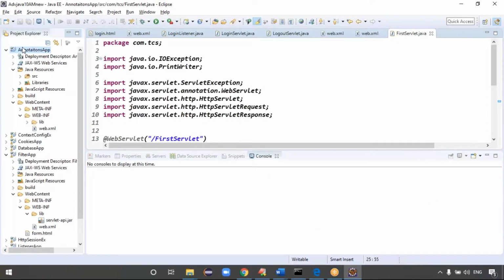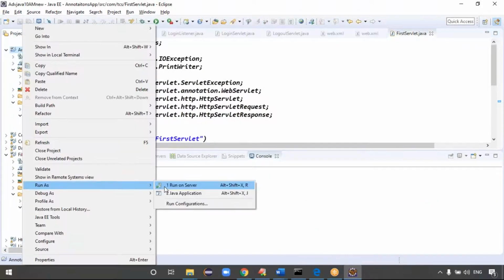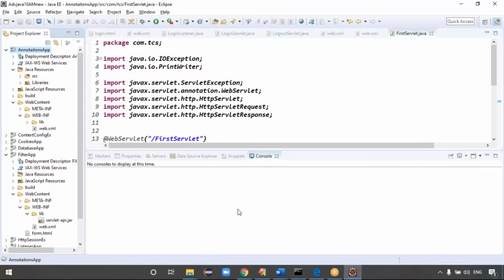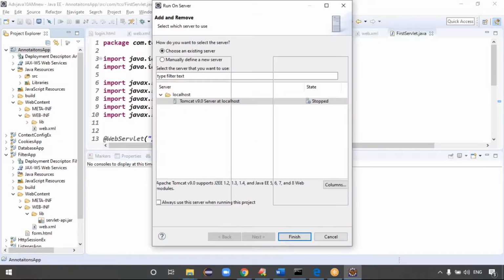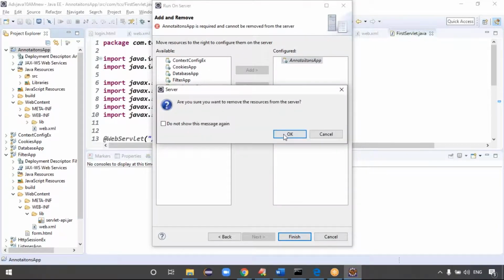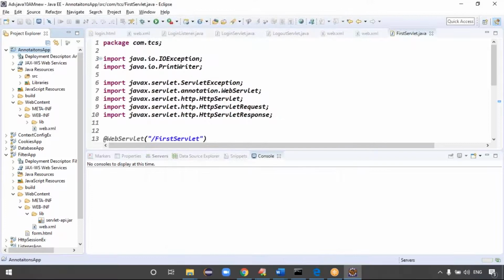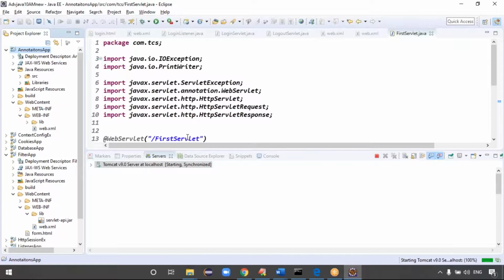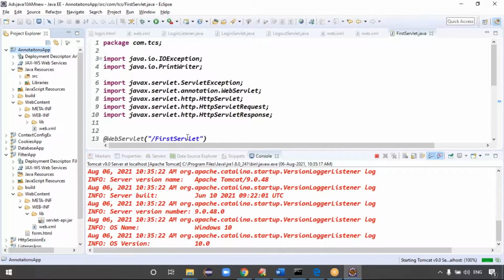Can you please run this code once. Right click on the project, Run As, Run on Server. Click on Next. Remove all applications, and only the application I want to configure. Click on Finish. Click on Save. Click on OK. Okay, the server will start. For this servlet, what is the URL pattern we specified?